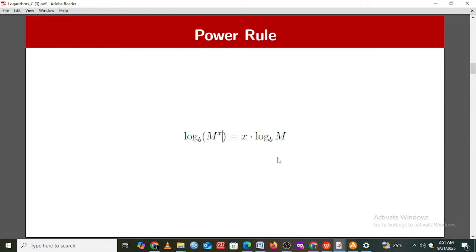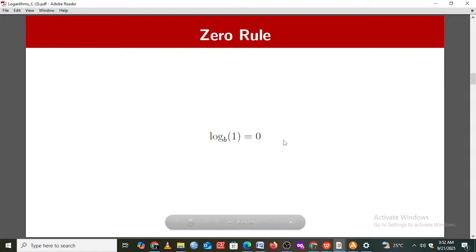Now we move to the next one, which is the zero rule. The logarithm of 1 to any base is 0. So log 1 to base 100 is 0, log 1 to base 200 is 0, log 1 to base 3000 is 0. So the logarithm of 1 to any base is 0. Now when you look at the normal science calculator you use, it's already in base 10. So when you just press log 1, you know that it will equal 0. So in any base at all, the logarithm of 1 to any base is what? 0. So move